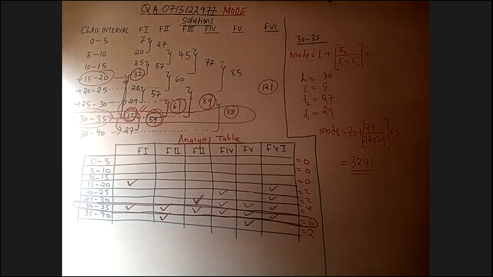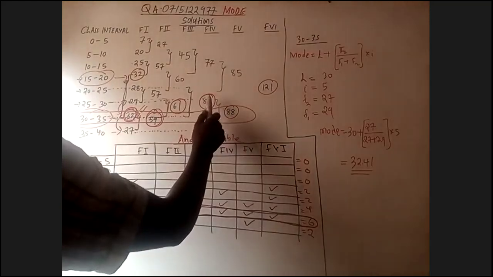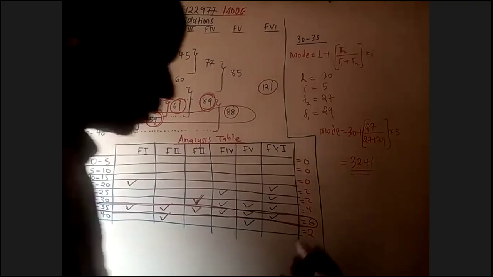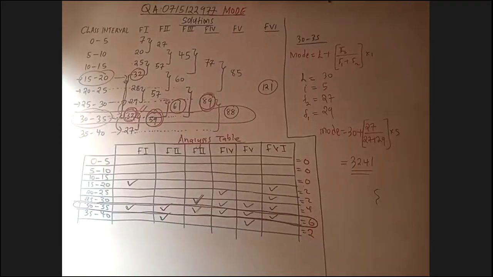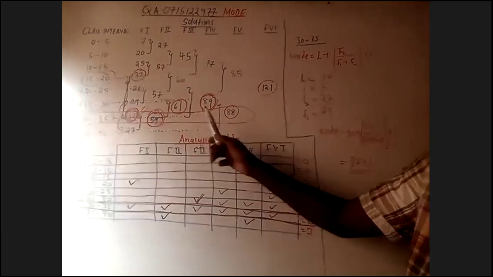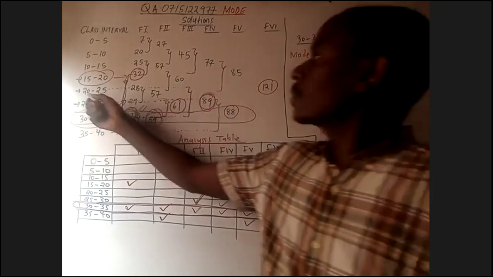Next, from 61 we go to the next, 89 and 77. Which is the model class? It is 89. 89 is our model class. Where does it lie? It lies from here to here. So between